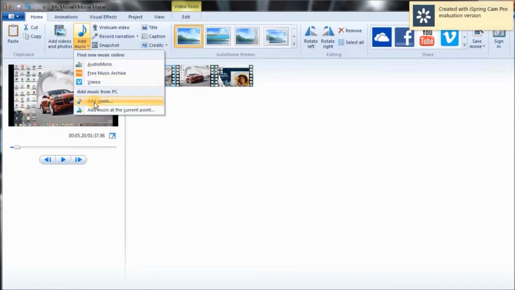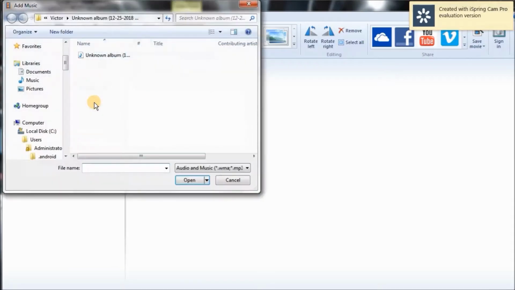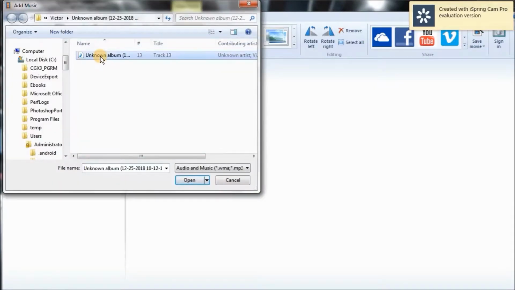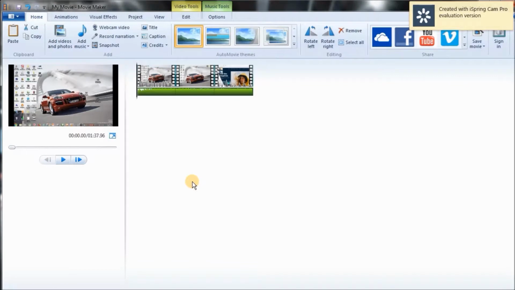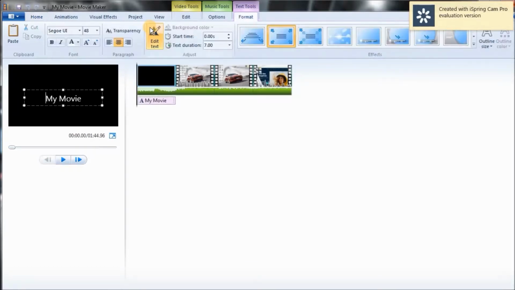Add sound. If you want to maybe add a title or caption, just come to this title.